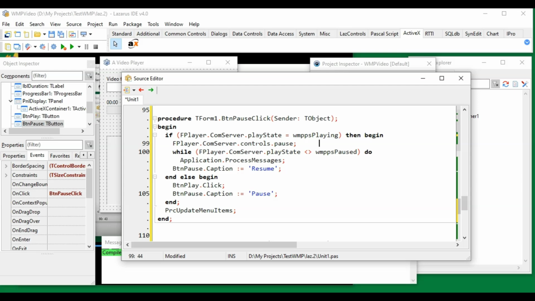But if the player play state is not playing, it means it is being paused. So we can click the button play through code, and then set the button pause caption to pause.